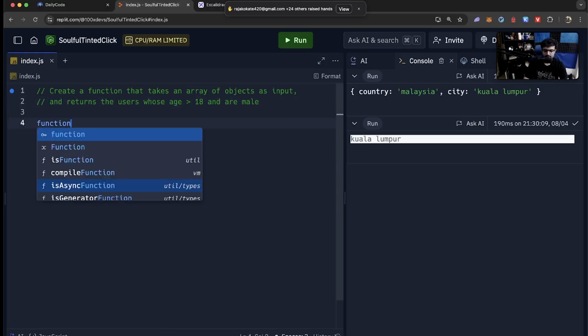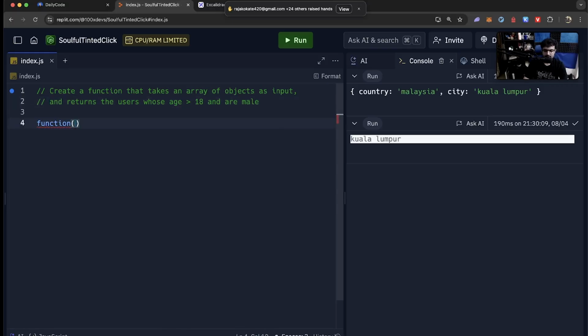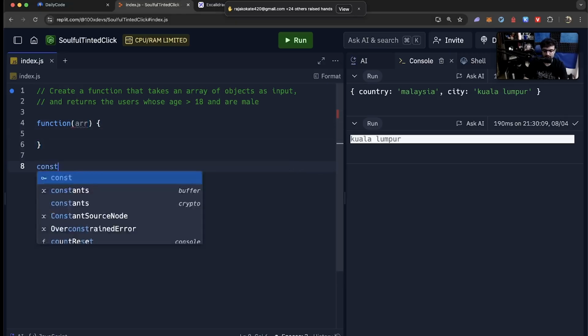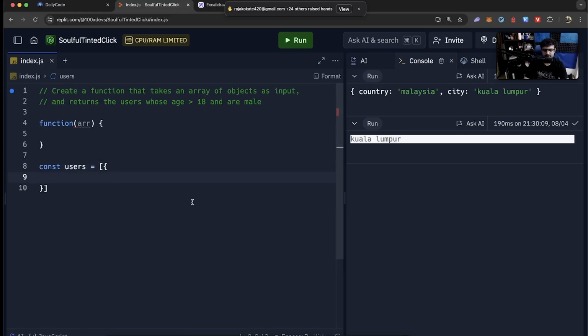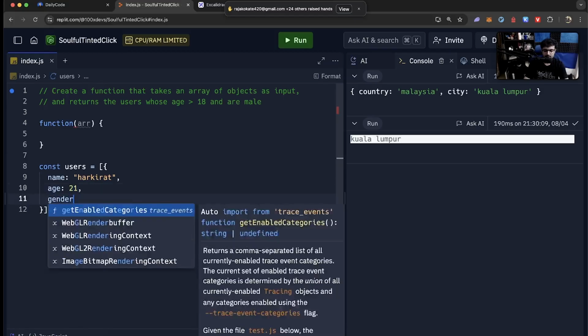Define a function that takes an array of users, so user array as input, and then returns just the male users whose age is greater than 18. So if the input is this, users equal to an array of objects, name Harkirat, age 21, gender male.